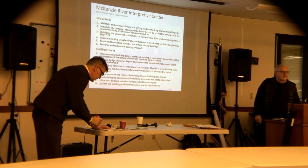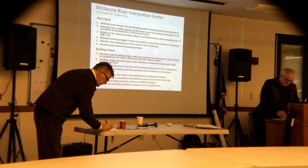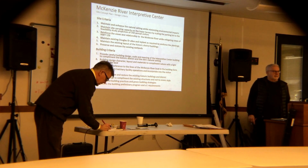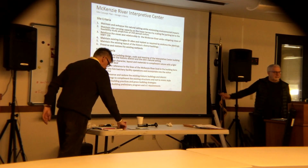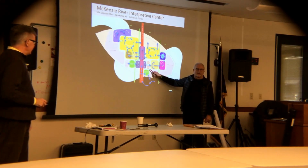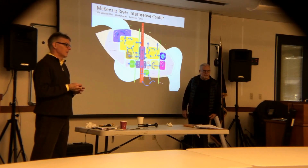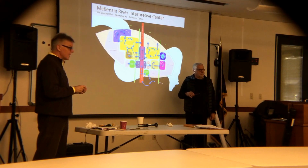Toward the end of the day, in 2012 we talked about rotating exhibits that related to our partners. In the building, Bill, I think we're talking about 33,000 square feet. While those exhibits are designed to be thematic and relatively permanent, we also have the flexibility for rotating demonstrations of themes. So for example, if the Corps had a theme they wanted to present for a year,